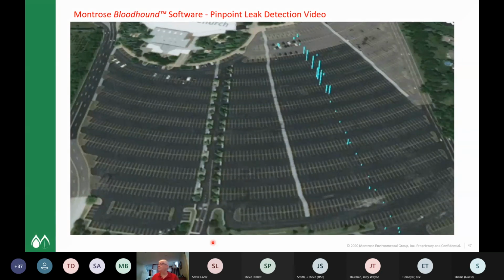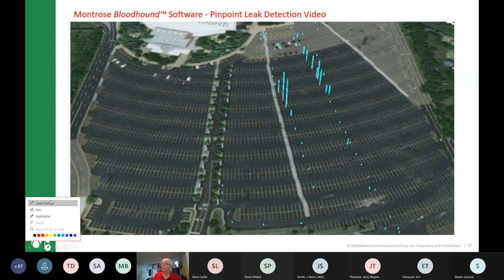So any conventional search system, they call it mowing the grass or walking the grid, but basically that's what you do here. And you can see we started back here in the corner, and you walk up and down, and we got some hits here, which are bigger concentrations. Come back down, some more hits in this area, and so on and so forth. And this is a long video, so I apologize for that, but